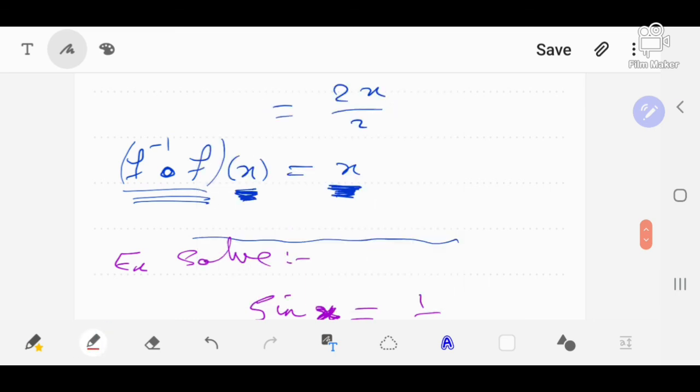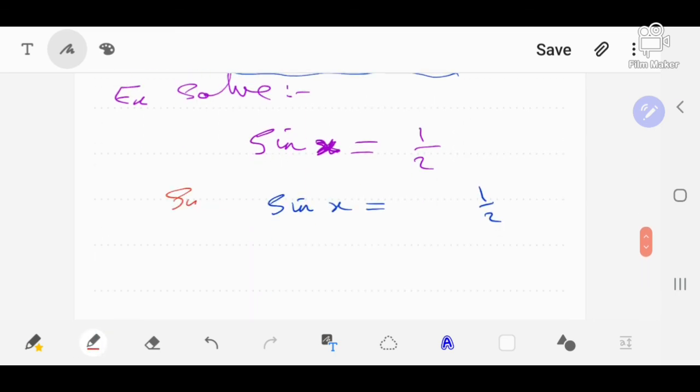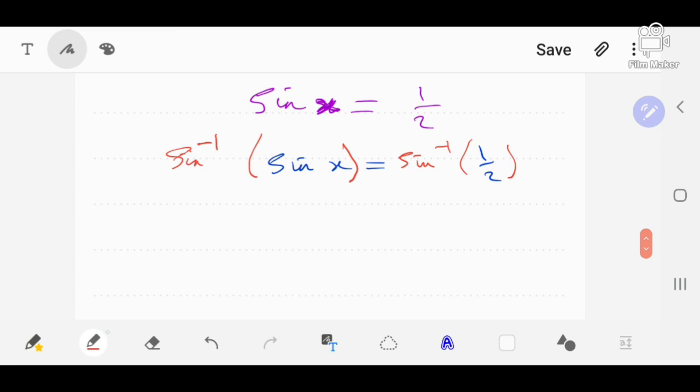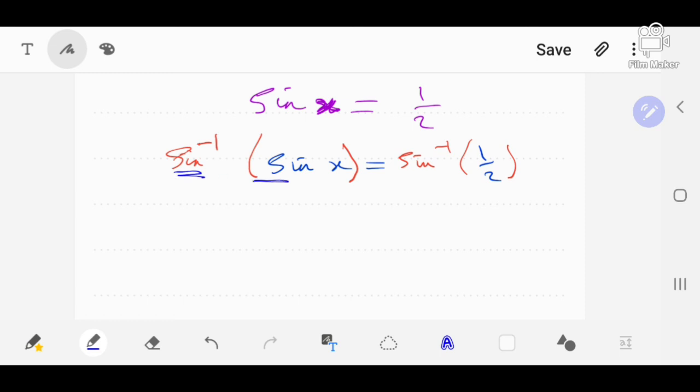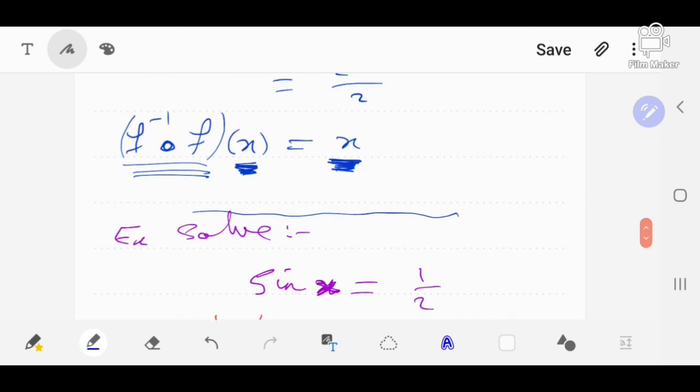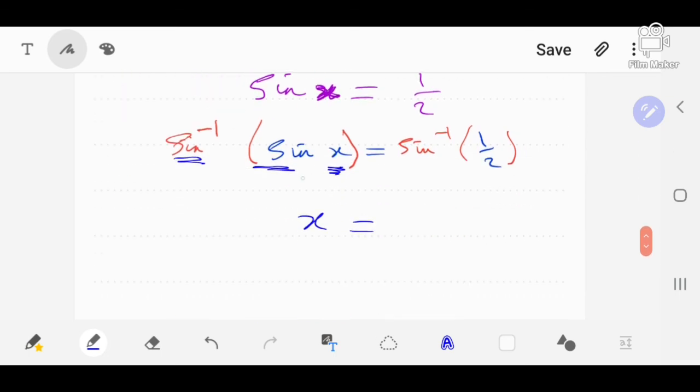Now when you apply inverse on functions, these two will give you what? Only the identity, only x. F composite f inverse or f inverse composite f will give you only x. So on this side, you are left now with x only. Now sine inverse of half can be found in two ways, either by calculator, or this is a special angle: sine of which angle is equal to half? That's 30 degrees, or in radians as it should be written, this is pi over 6. So x here is equal to pi over 6